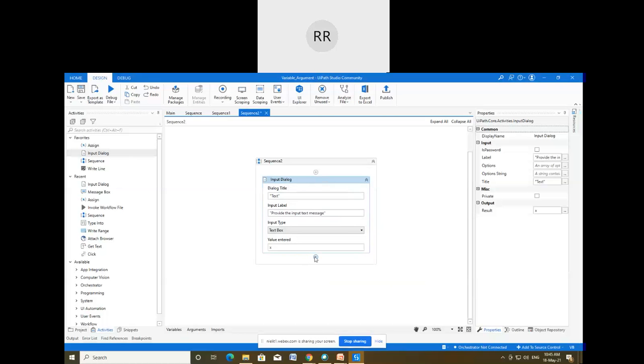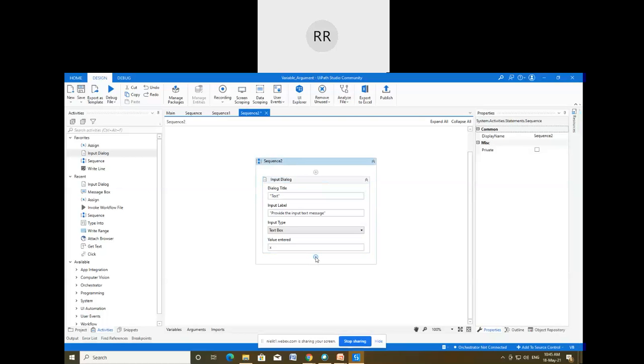Now I'm going to use the substring. Suppose the user enters the message faculty, and I want only the first three letters of faculty to be displayed. Then I have to use the substring and then the indexing concept. Indexing concept I think you all know. So substring, and then in parenthesis we have to use the indexing concept.